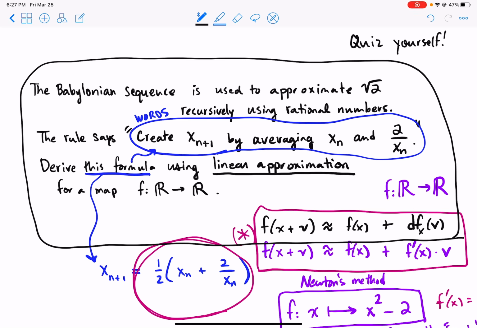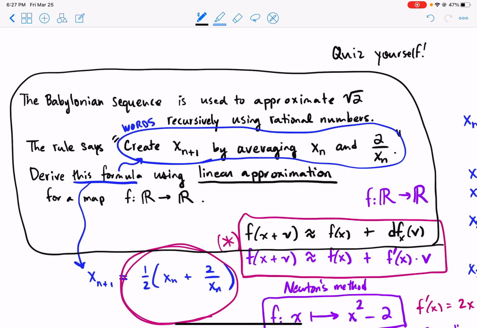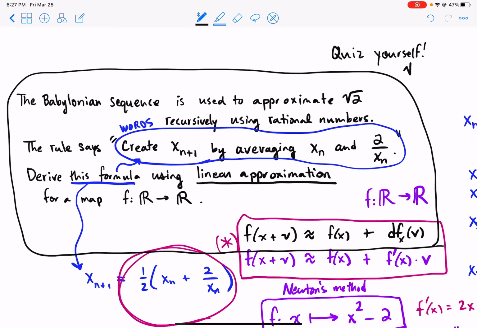And if you like puzzles that you don't know the answer to, can this work for the square root of 3? What about the square root of 4? Can you approximate these numbers using this same method? What would you have to change